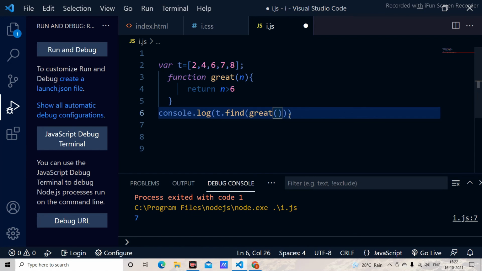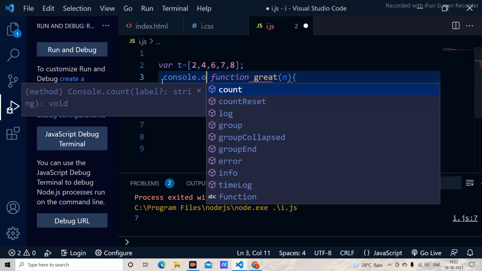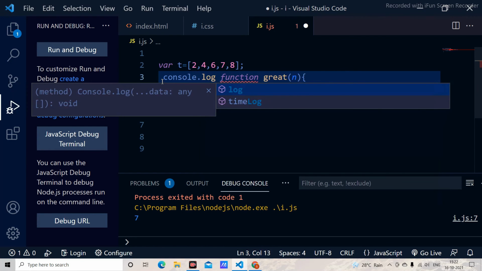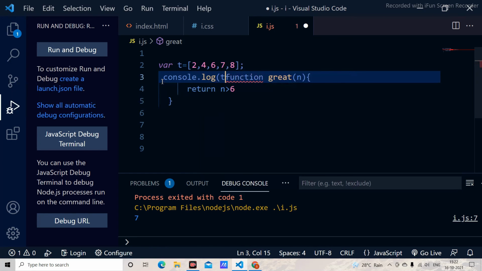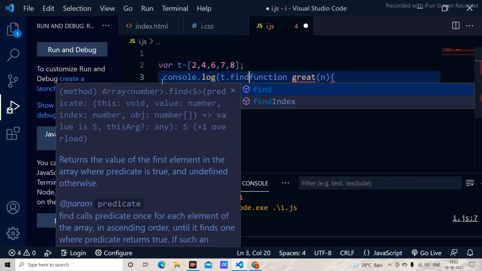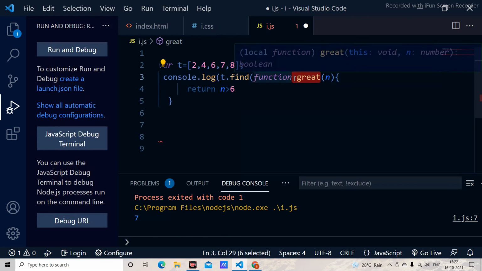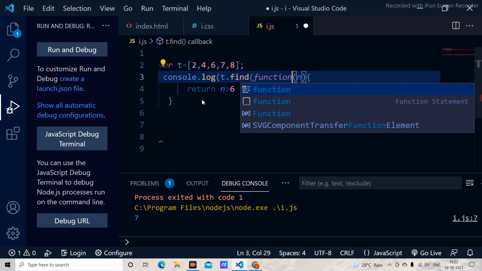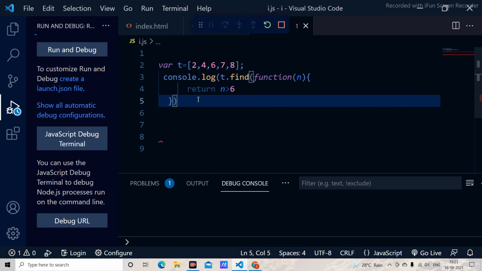Instead of writing this in this format, I'm going to change it. I'm going to write console.log here, and use t.find, and under find I'm going to remove this greater, and here I'm going to add a new arrow function, and I just say a greater than 6.